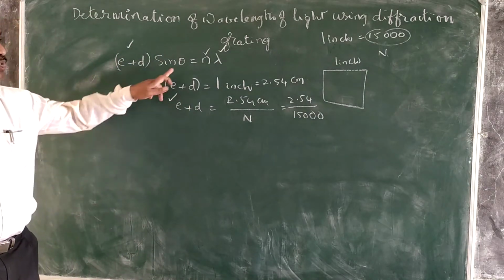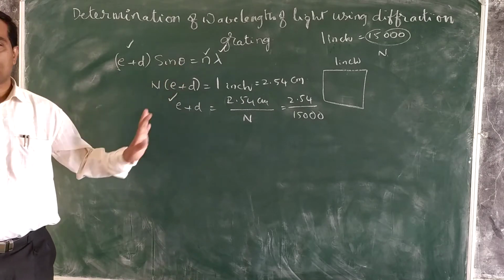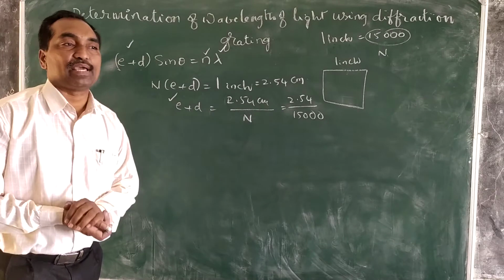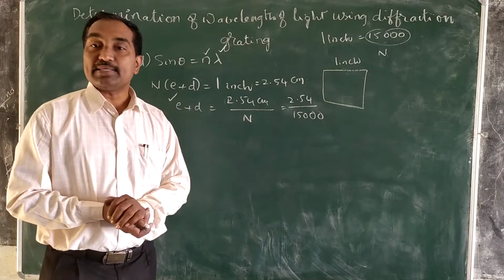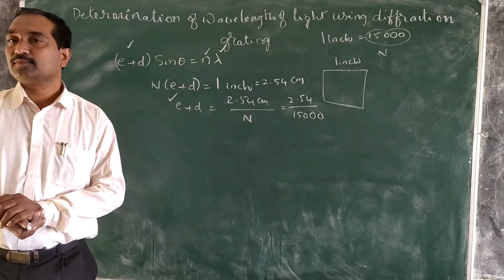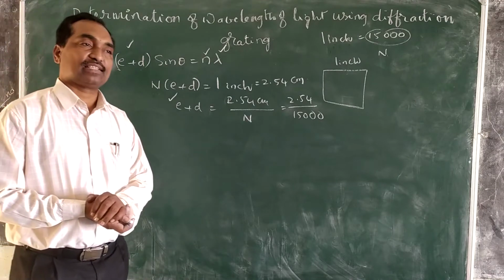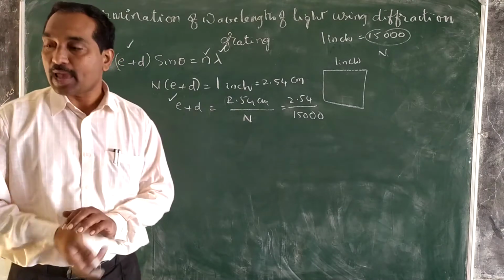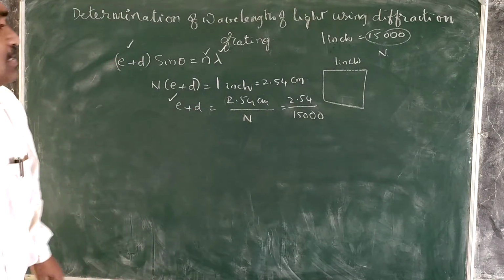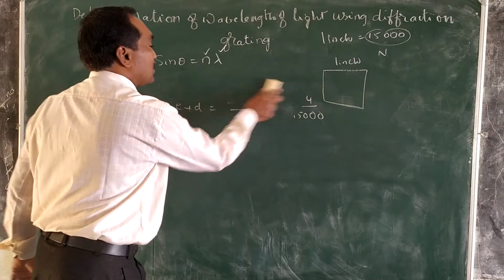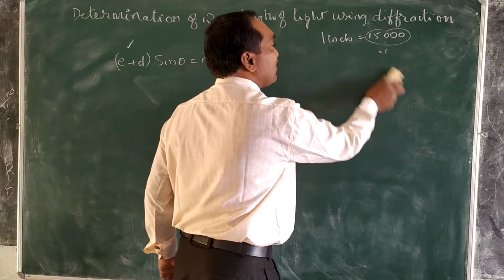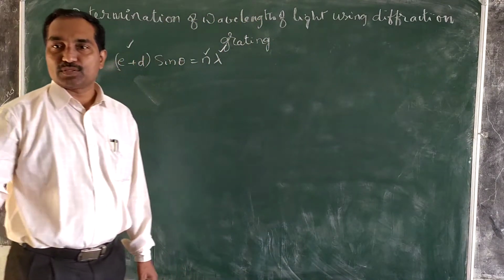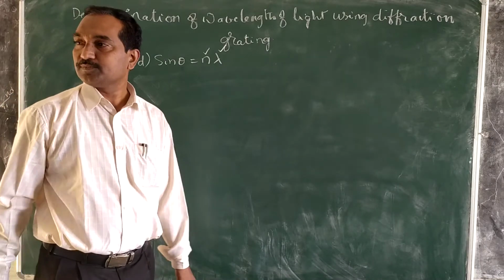So our aim is to calculate the angle of diffraction only. How can we calculate it? By using a spectrometer, we can determine the angle of diffraction. What is the construction or type of the spectrometer? How does it work? We discussed the spectrometer at intermediate level and high school level also.